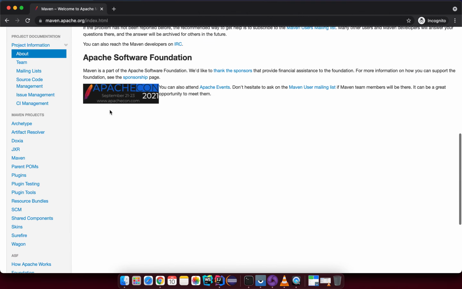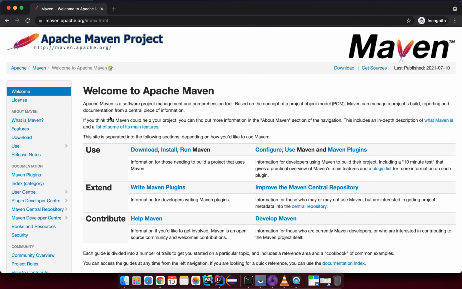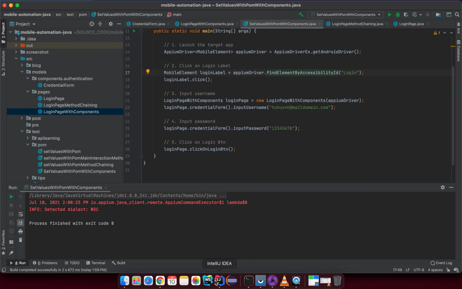So you can read through about what Maven is and what the history related to it is. But basically, related to this tutorial for automation test, we will use Maven with two main purposes. The first, very important thing is that we manage the dependency. Because what you can see here is that if you go to File and go to Project Structure,